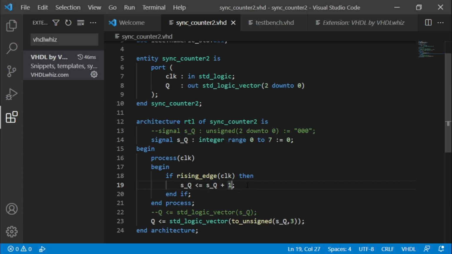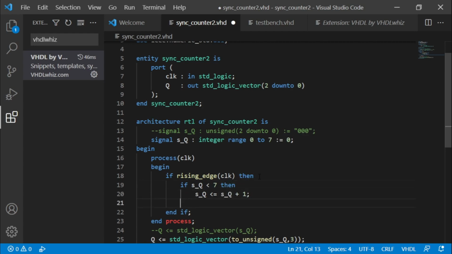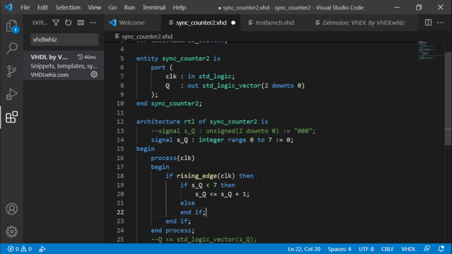So what can we do? How can we fix this? What we're going to do is check the value of s_q at every point in time. Now, when s_q is less than 7, then we can go ahead and do this. Else, let me have my end if, just end if, so I don't forget to include that. Else, if